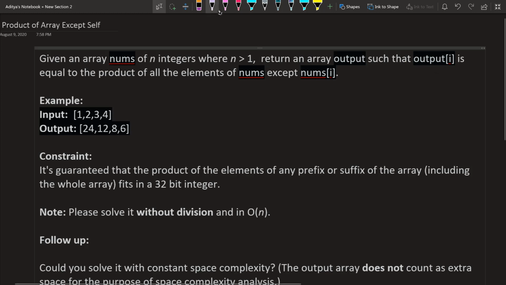So here in the example, as you can see, we are given the array 1, 2, 3, 4, and we have to output 24, 12, 8 and 6. For 1 we have 2 into 3 into 4, that is 24. And for 2, we don't want to include the number at that particular index, so we are not taking 2 here, we are taking 1 into 3 into 4,